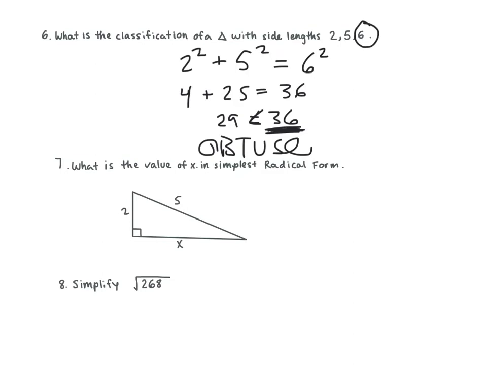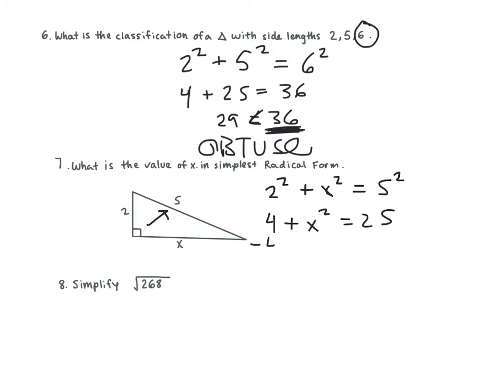What is the value of x in simplest radical form? How do we find x here? 2 squared plus x squared equals 5 squared. How did you know 5 was going to be our C? Because it's across from the right angle. So what's 2 squared? 4 plus x squared equals